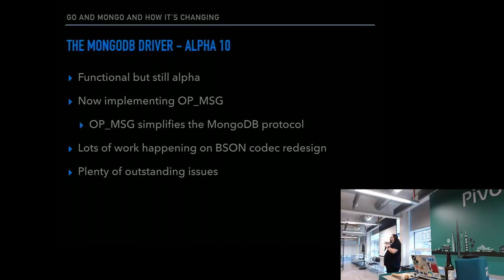Backwards compatibility still works, but there's this whole thing called op message in MongoDB where they're getting rid of dozens and dozens of little opcodes which did different functions and reducing them down to a single message. Brilliant. Simplifies everything. Only thing is that every driver has to follow this in lockstep and handle all the backwards compatibility. But it will make life simpler. But it also means that things will change, and it does put a kind of lifeline, dead stop on MGO. At some point, MGO will not speak op message.